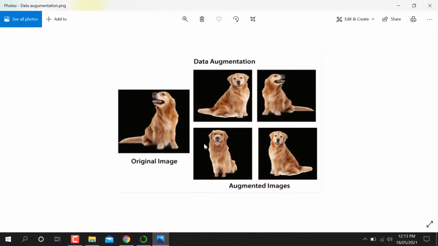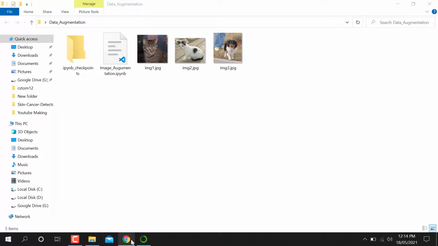You can see a simple image here. This is the image of a dog, the original image. We want to increase the number of samples to train a deep learning or computer vision model. So data augmentation is when we create other images by using an original image. Those images may be produced by rotation, scaling, or zoom factor, automatically generating other images to enhance our data set. You can see here, I'm opening the code.